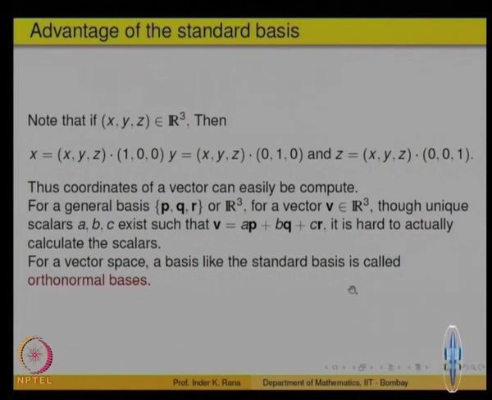So, this is normally given a name, such a basis is normally called an orthonormal basis. Each vector is normal, that means standardized, length is equal to 1, and orthogonal to each other. So, the two are combined as orthonormal, right. So, the standard basis of R2 or R3 is an example of an orthonormal basis. We will define it formally also, right.